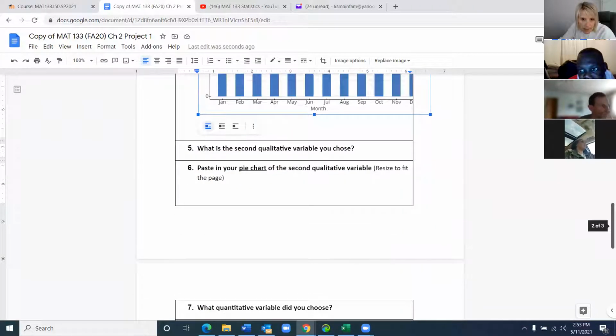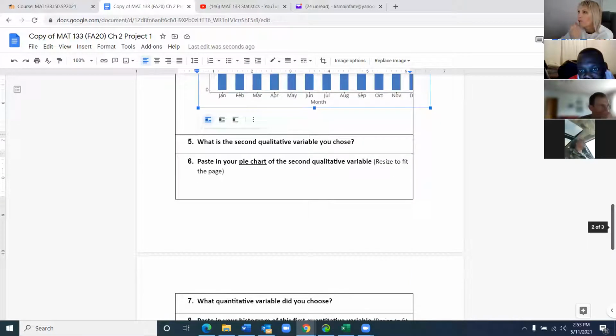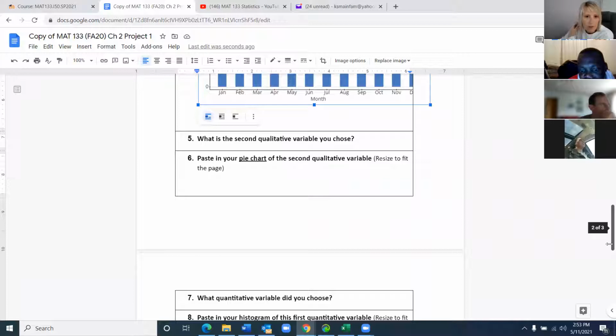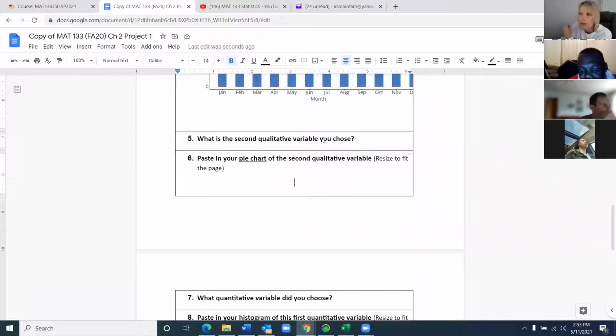Okay, what is the second qualitative variable? Well, this one doesn't have two qualitative because the other one, movie, I can't really use. I wanted to do a pie chart. So I'm going to do a pie chart for you all, but I'm using the same variable. You should have two different qualitative variables and one quantitative. So the second qualitative variable should be a pie chart. So I'm going to show you how to do a pie chart